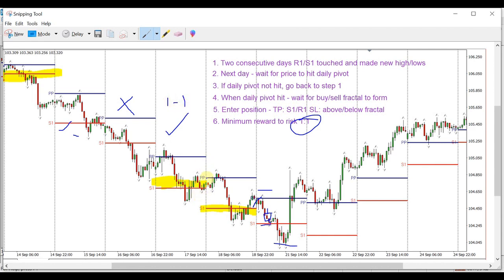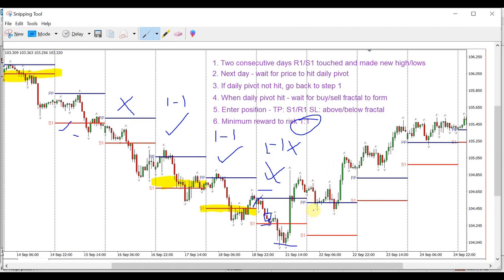And again, this one here would have been variable, and you would have made at least 1-to-1 out of that one. This one was a valid trade, but the 1-to-1, if I can actually do that properly, that 1-to-1 was not hit, so therefore it is not a trade. So out of the 4 days that we looked at this trade setup being valid, and then as you can see the next day,